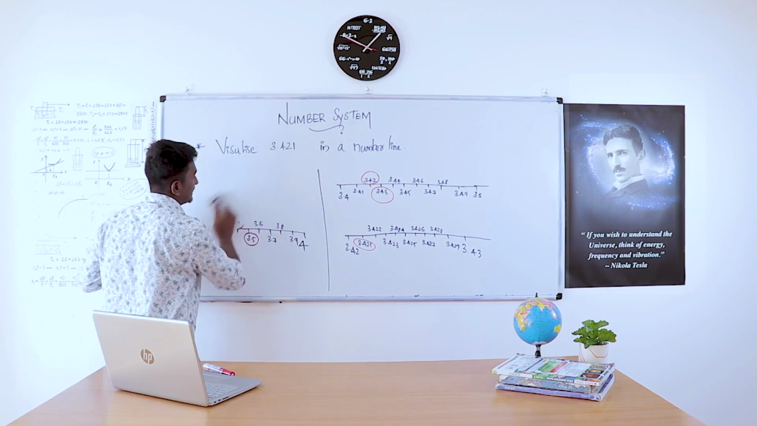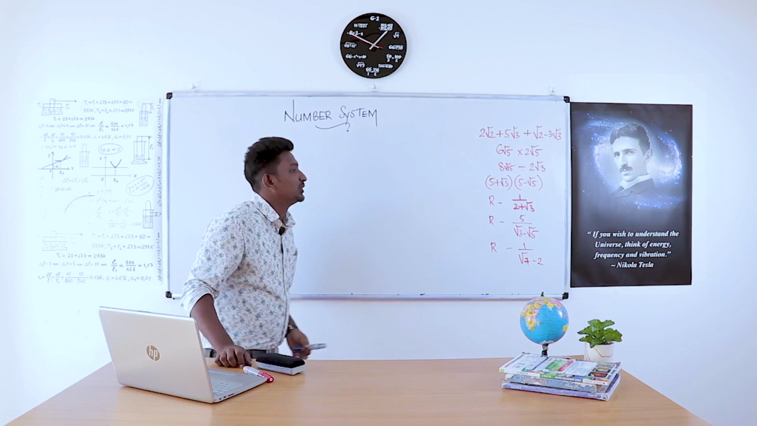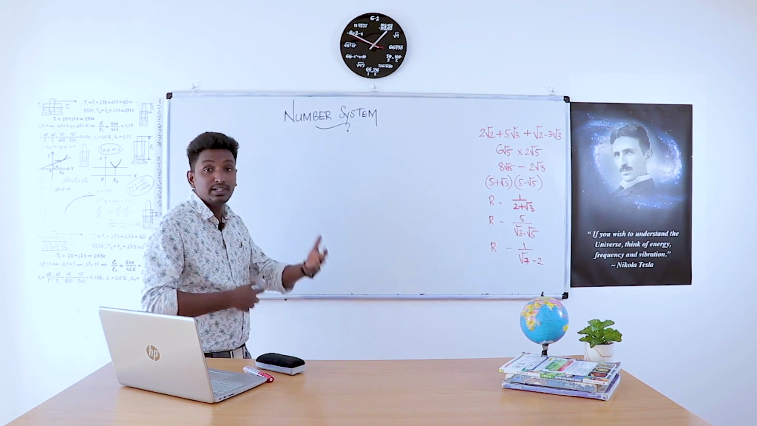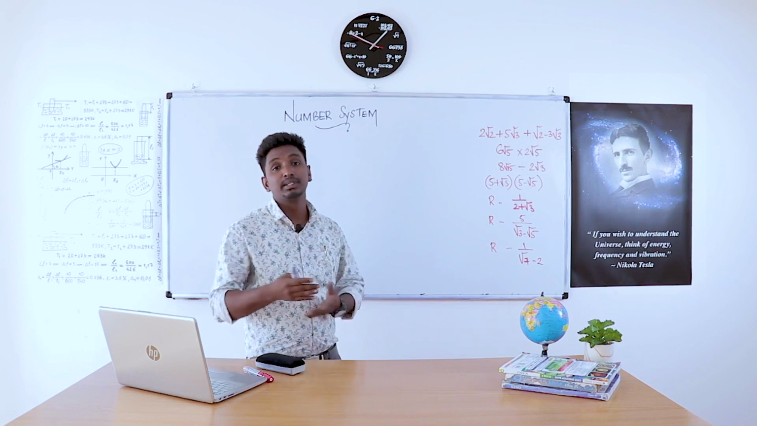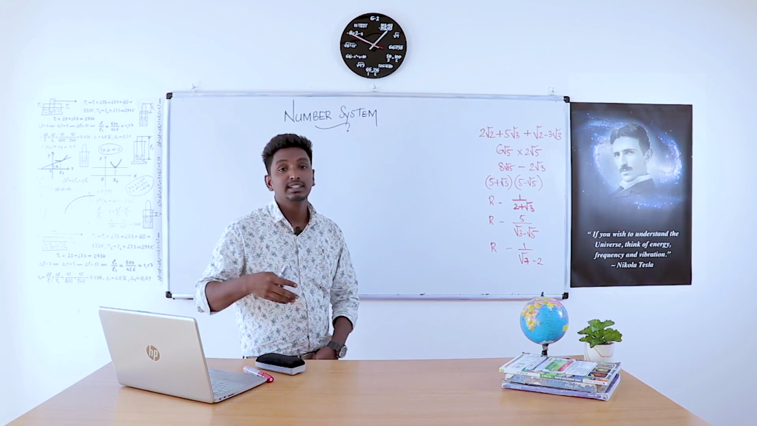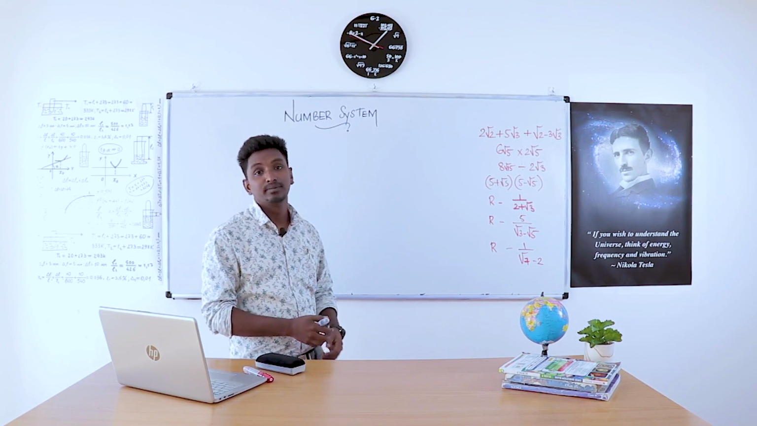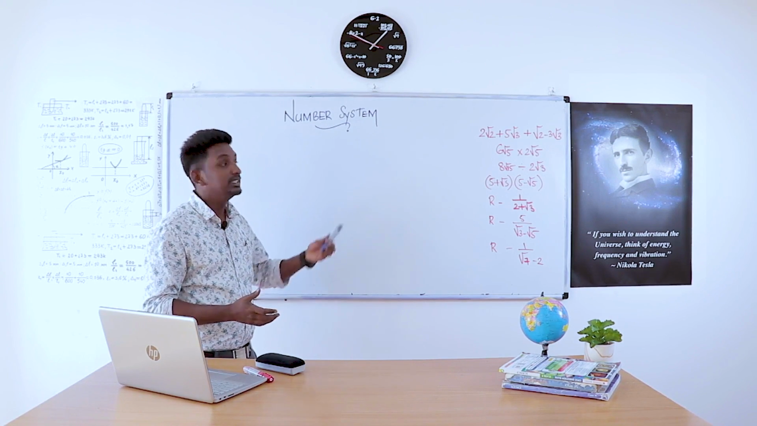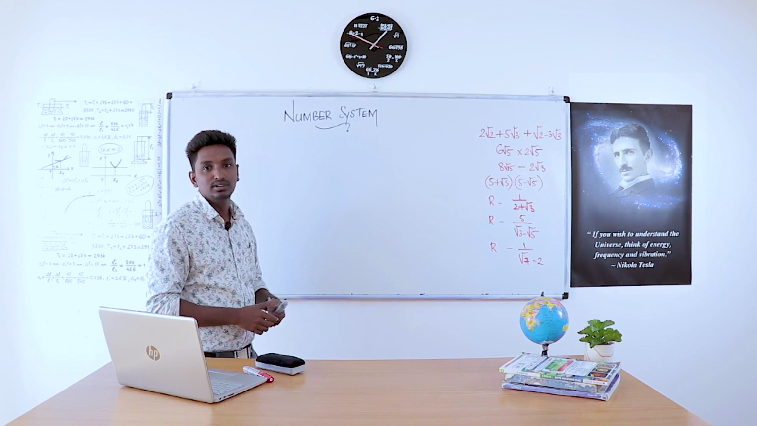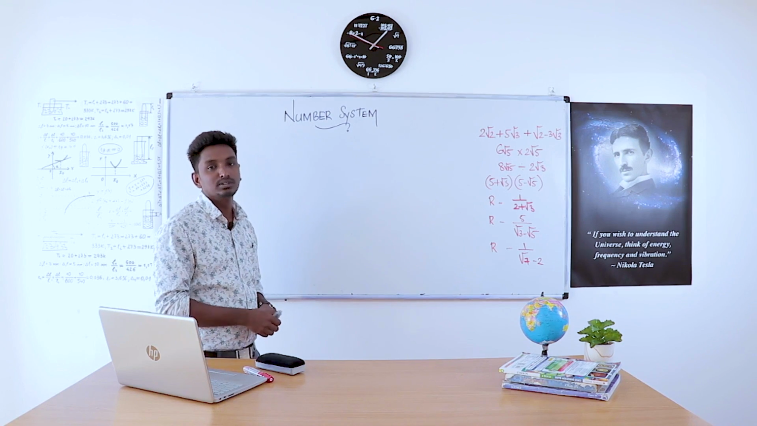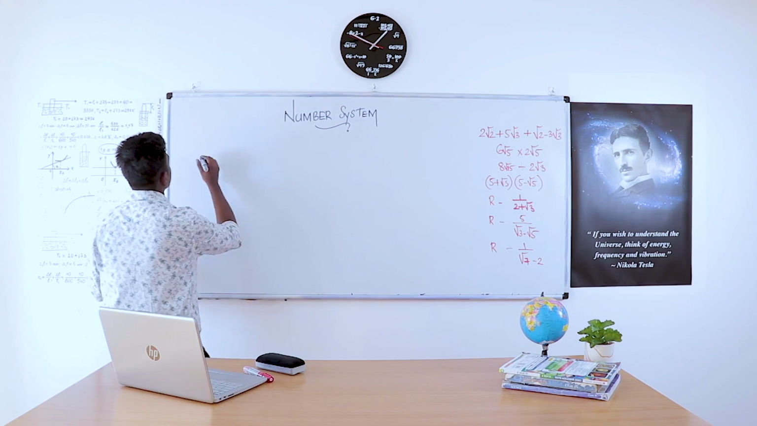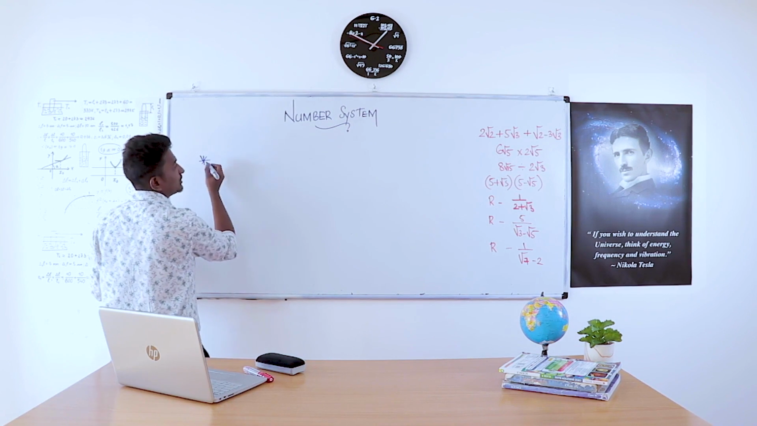I think now it's clear to you. Moving to the next topic, operations on real numbers. We have different types of operations: addition, subtraction, multiplication, division, rationalizing, etc. We can go through some problems and look at how we solve them. The first problem that we have to solve is